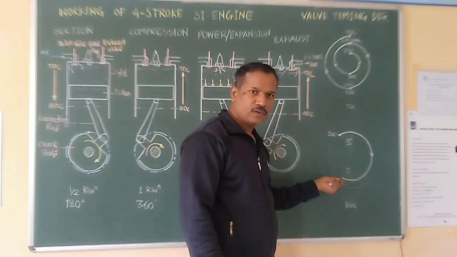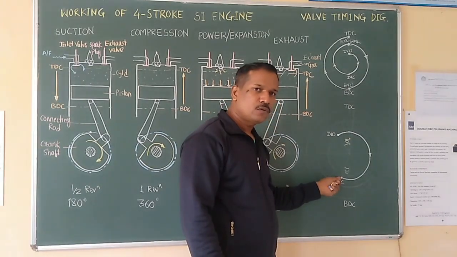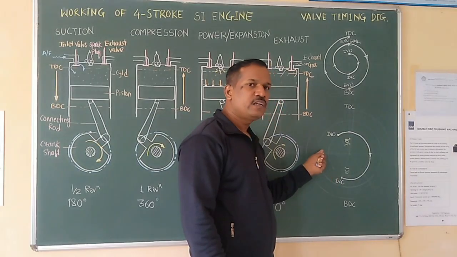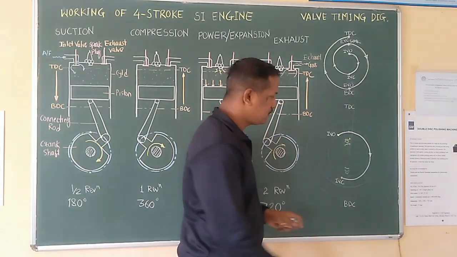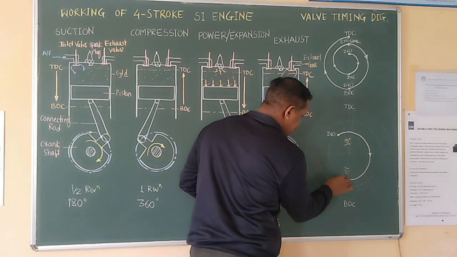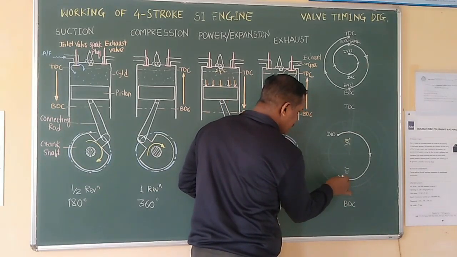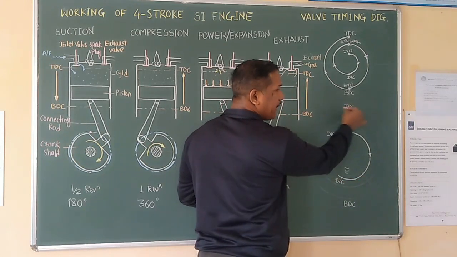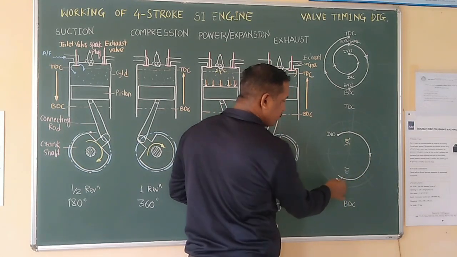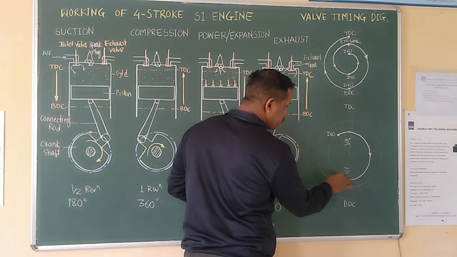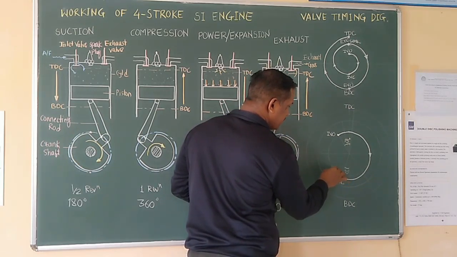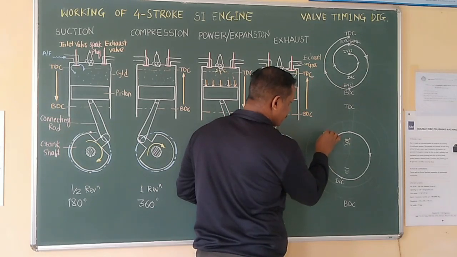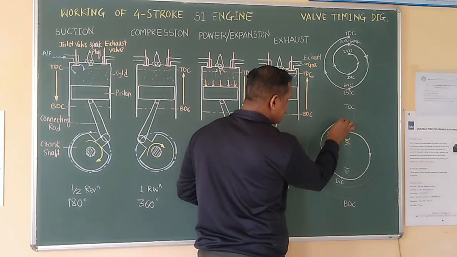Now the exhaust valve is already closed and the inlet valve is closed, so further movement of the piston will compress the charge. So compression starts. Take a precaution: we are drawing a spiral, so in one step with a smooth curve, we have to shift from the inner circle to the outer circle. So this is compression.